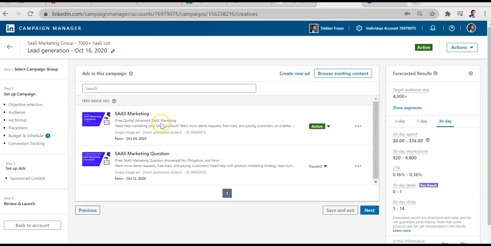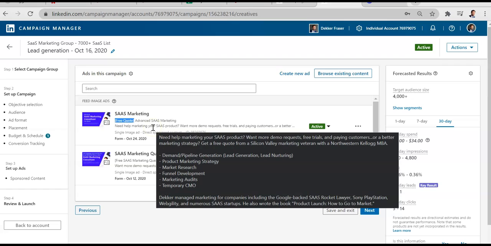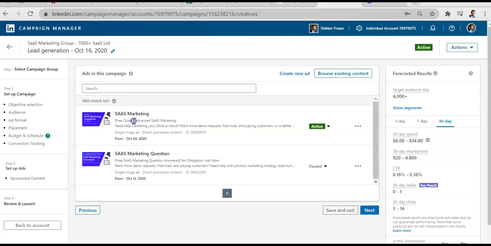So in this case, what I did was I had two different offers. This one was a free quote, and this one was getting your question answered. And what really surprised me is that I actually generated a lower cost per lead, cost per MQL, from asking people to request pricing than I did from asking people to get their question answered. Which is very counterintuitive, because you would expect that a pricing offer would appeal to people that are lower in the marketing funnel.